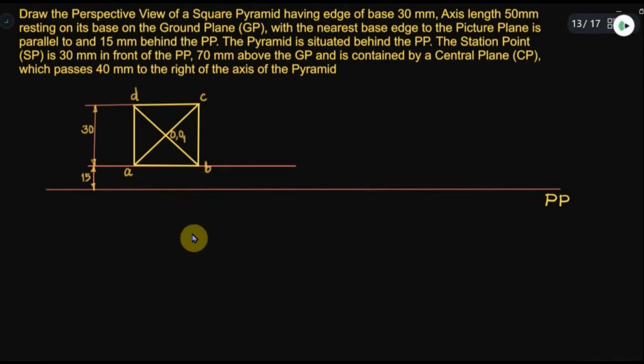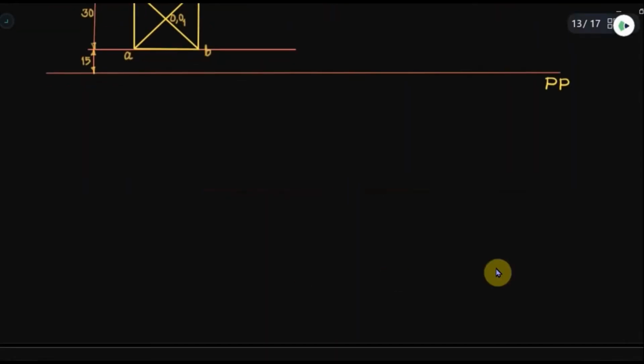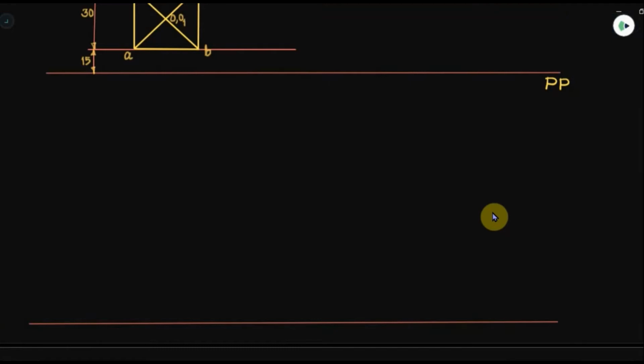Now we will concentrate on the details of the ground plane. So we'll draw as much as possible. We will draw the ground plane well below this. So let me draw the ground plane situated somewhere here, and the distance between the PP line and the ground plane is also important. So let me represent the ground plane somewhere here. And this is the ground plane, and it is represented by GP, ground plane.